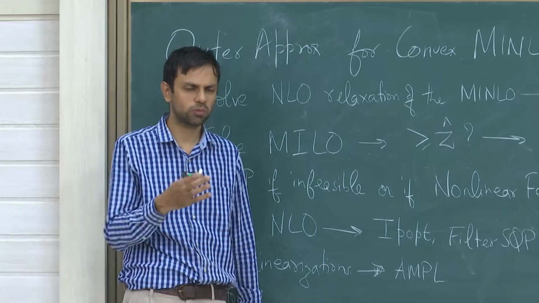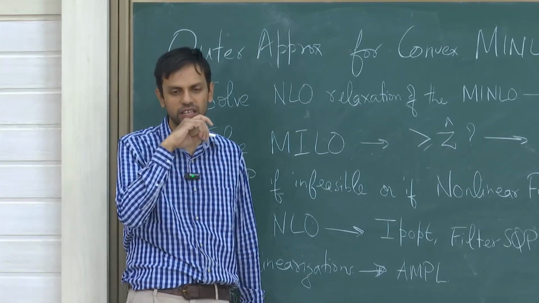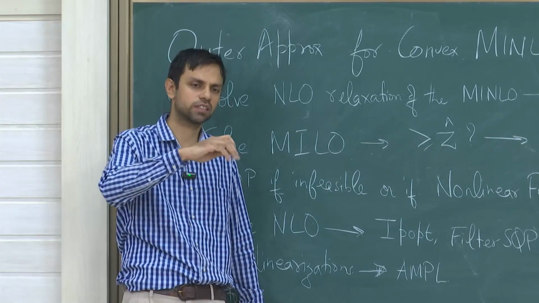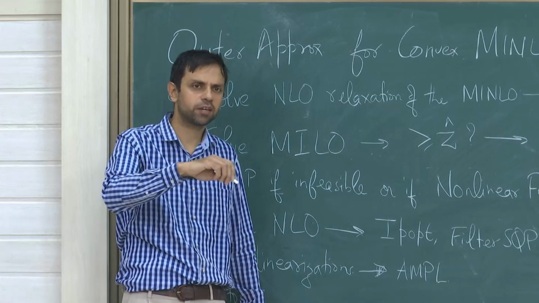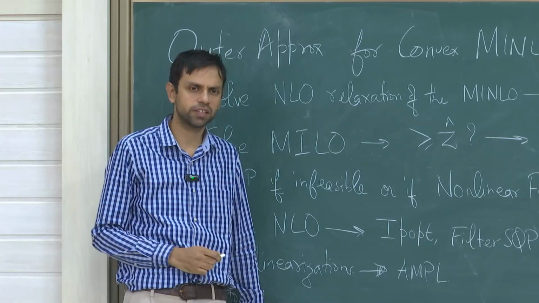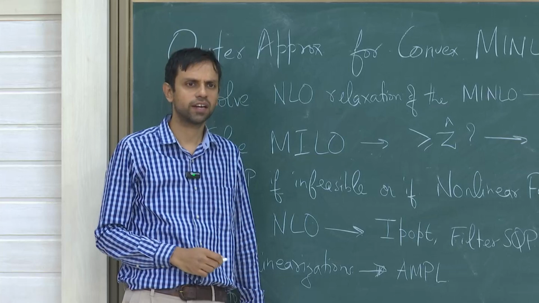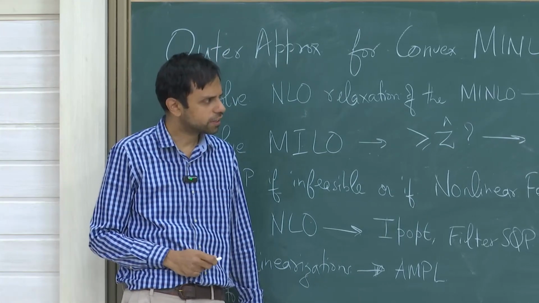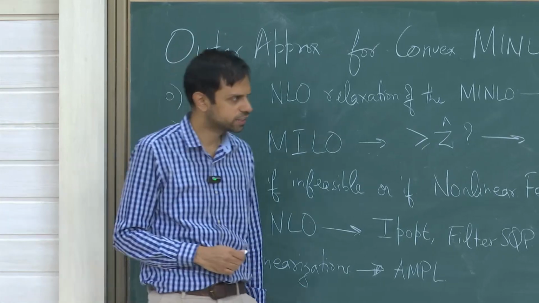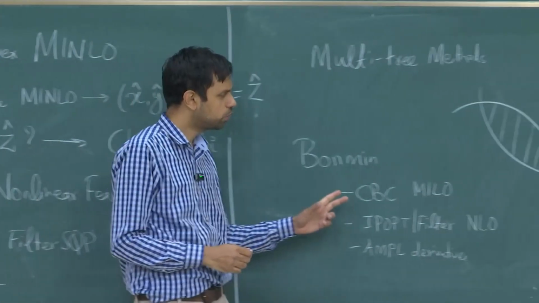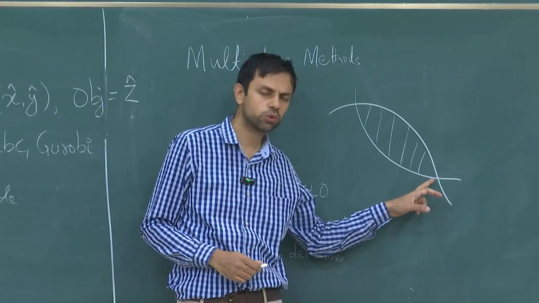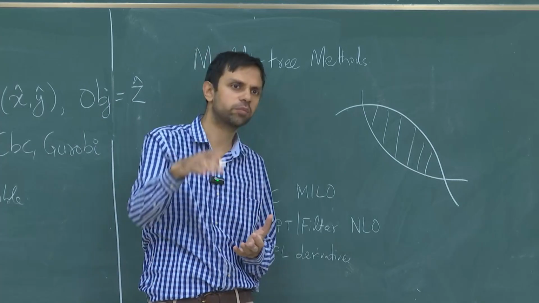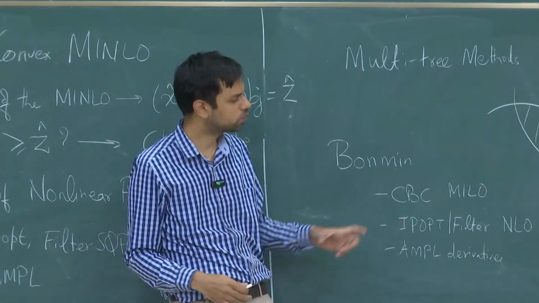For small or medium sized problems, sometimes it is better not to call NL solver at all. You just add a linearization at that particular point and quickly call the MILO solver again and try to converge. So that also works. The other advantage of ECP type of methods is that you are not stuck to just the KKT point where you can add linearizations. You can do some bit of search around that point and add linearizations not just at,